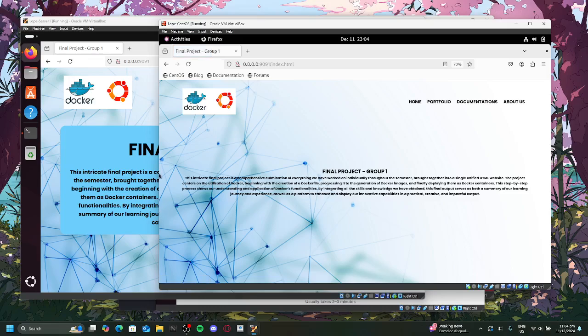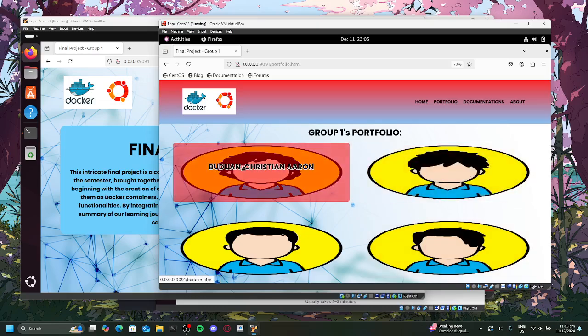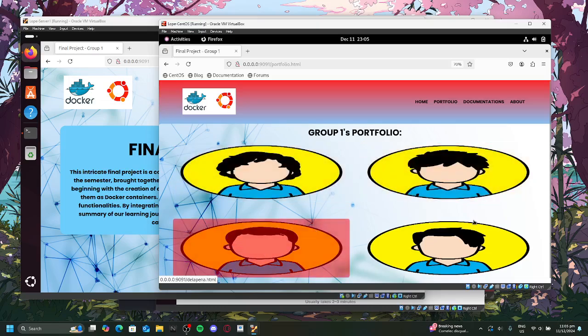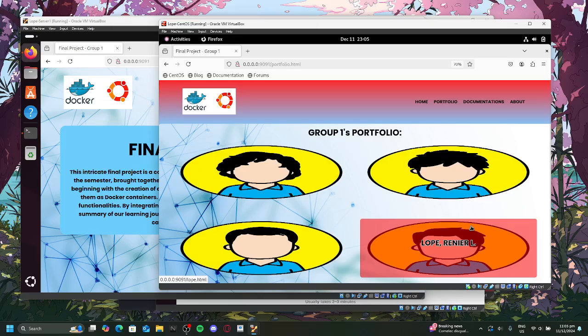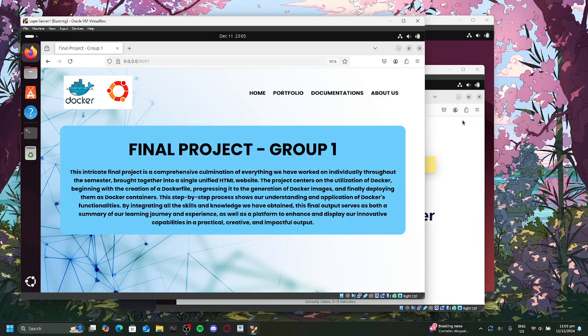It is a bit laggy. Our style is not loading, but as you can see here, we have our portfolio for Buduan, for Mampo, for La Peña, and for me. I'm not using the CentOS as our tour for our HTML because it is super laggy. So we're just gonna go to server 2 to check.